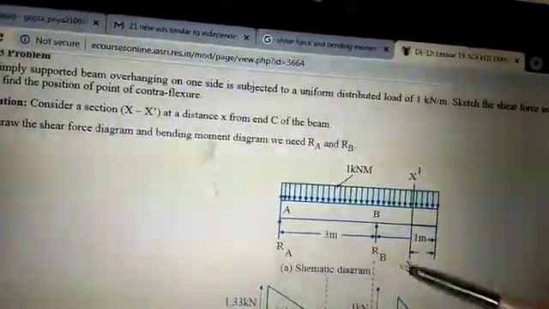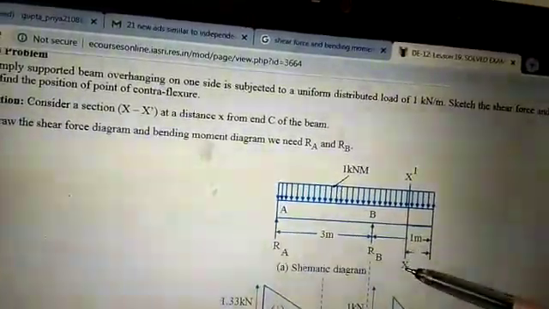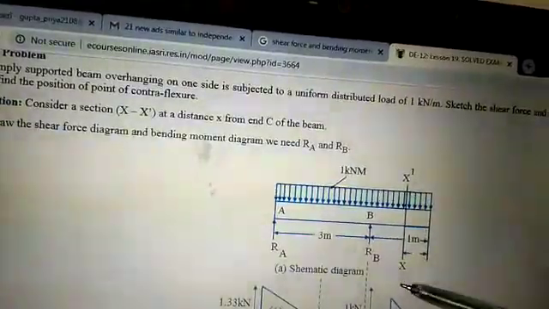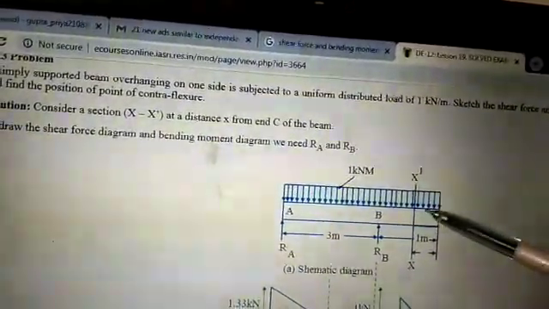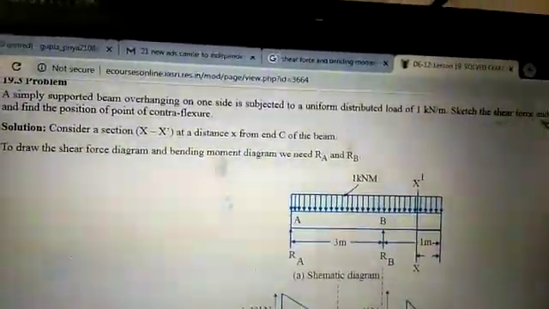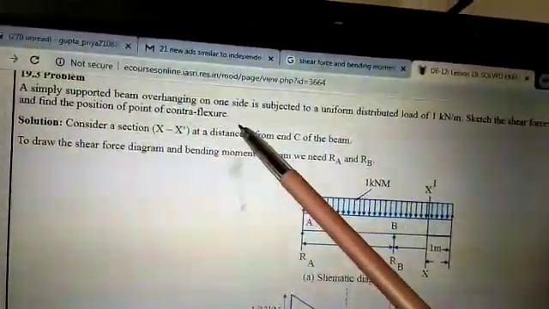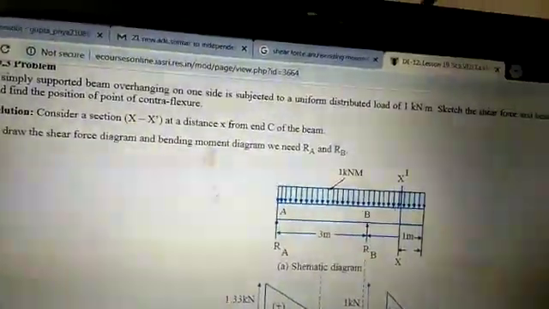Now in order to find the shear force and bending moment for this problem, we have considered some section XX between BC. In the problem, we have to calculate the shear force and bending moment, and also we have to find the point of contraflexure for this beam. In order to find this, what we will do,